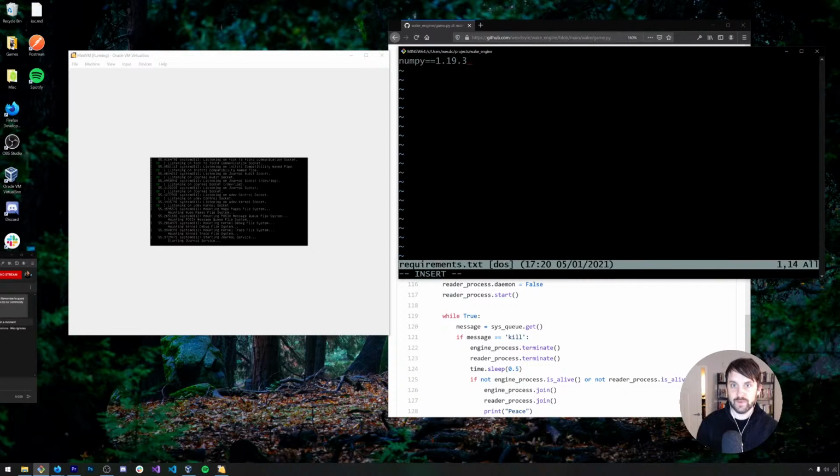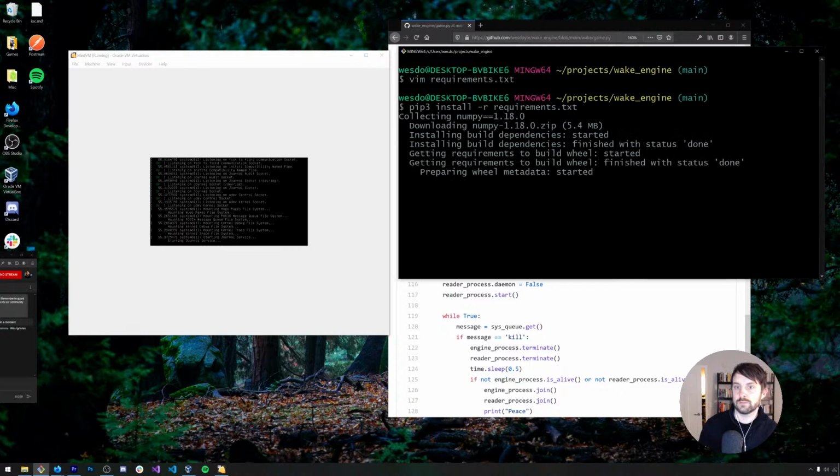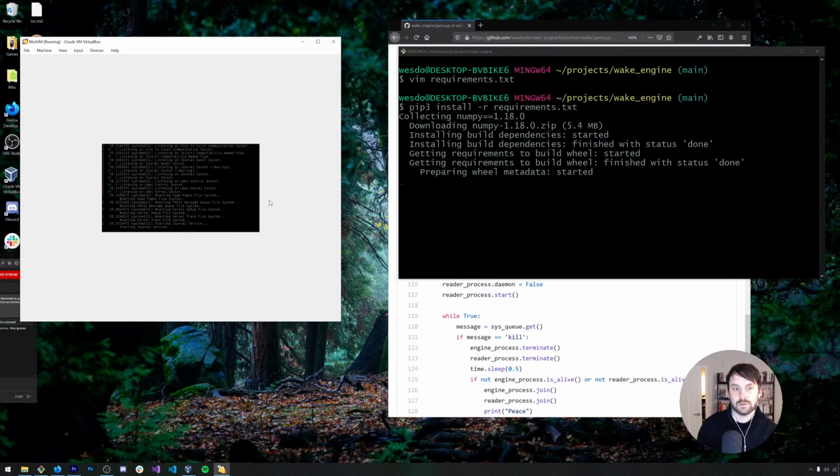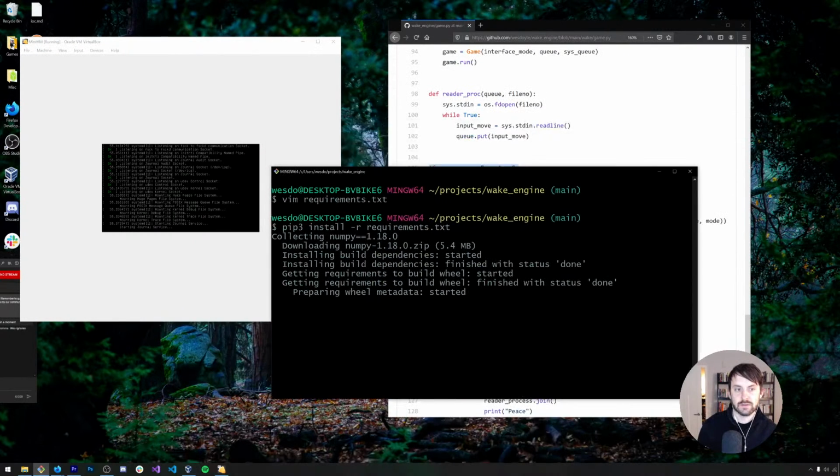What if I bump this way down to like 1.18.0? Pip3 install -r. So Mint is hanging on starting journal service. That's interesting.